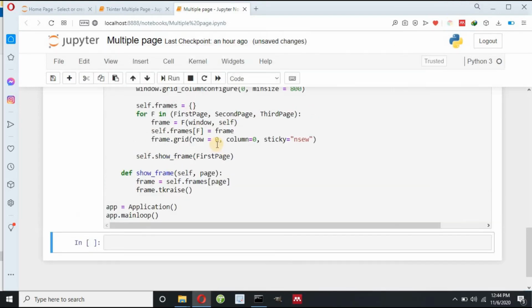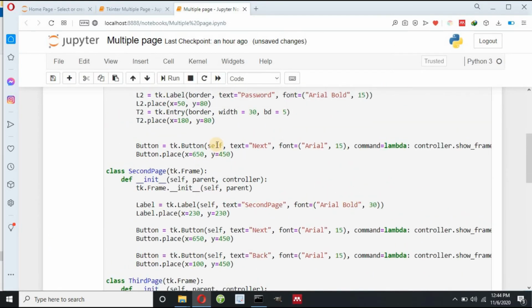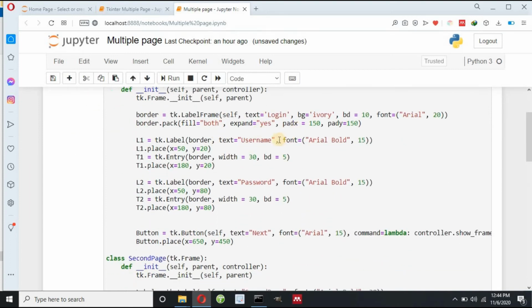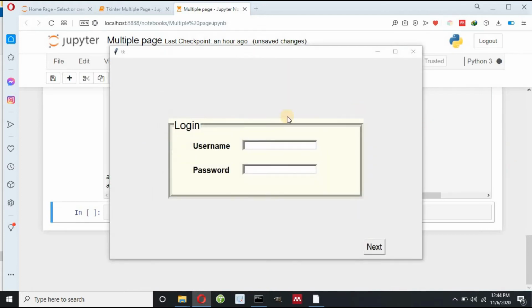So I can write in my label, so where is my label? In this username I can define background color equals to Ivory, and also this to Ivory. Okay, now this is fine.